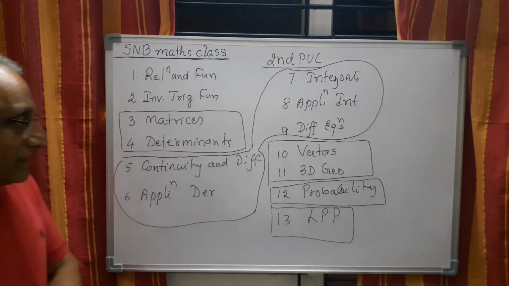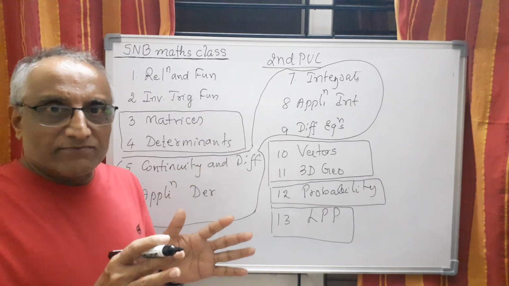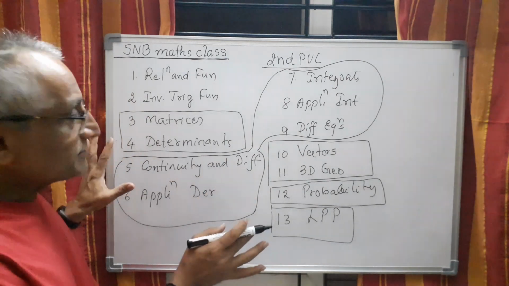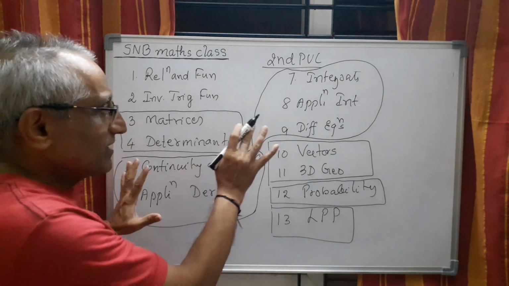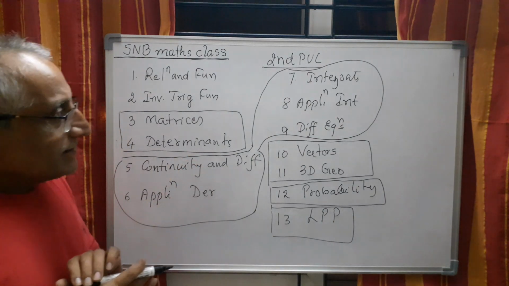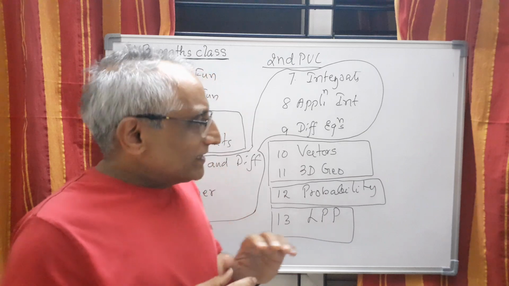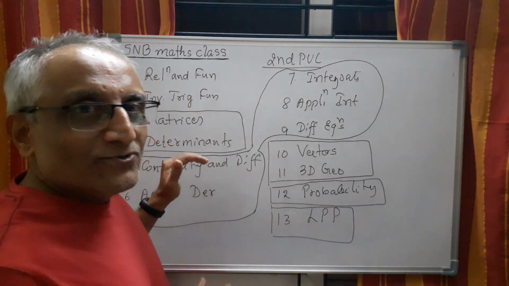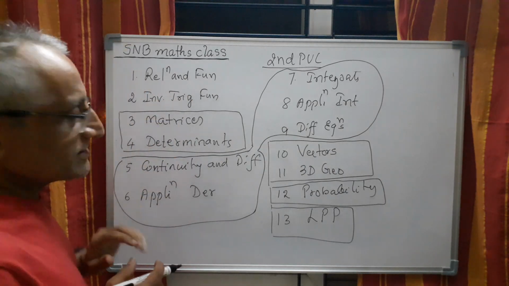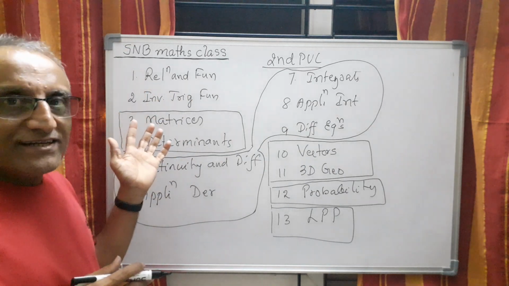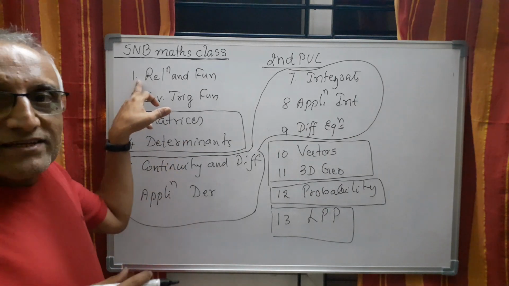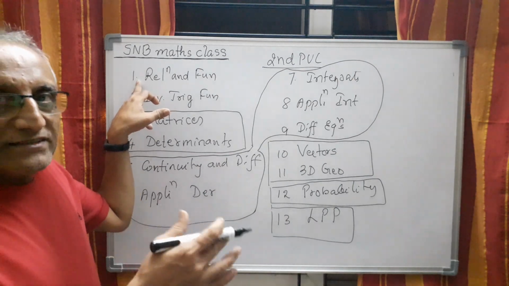Therefore, whenever you are preparing for your test or examination, once you complete the syllabus, you must always study them together so that it is easy to understand and comprehend. So that is one thing. Second one is that whenever you want to study any chapter, you require the knowledge of first PUC. For example, you take relations and functions. You have already started studying relations and functions in the first PUC, second chapter. Here what we are doing is continuation of the same thing further.